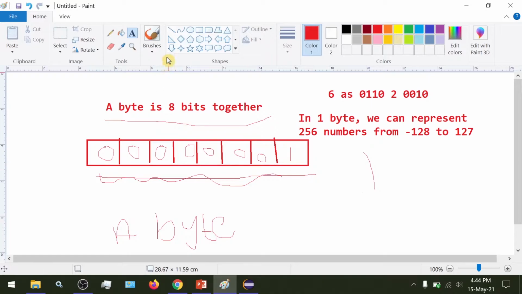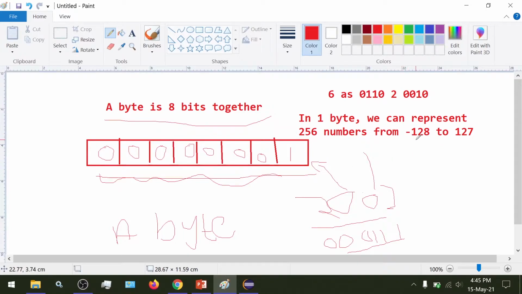So if we want to represent, say, suppose the number 200. We know that every number we want to use in a program needs to be converted into zeros and ones. So if we want to represent 200, then the zeros and ones sequence generated from the number 200 has a length greater than 8. So they would not fit in the given size of a byte. So we cannot represent 200 in the data type byte.